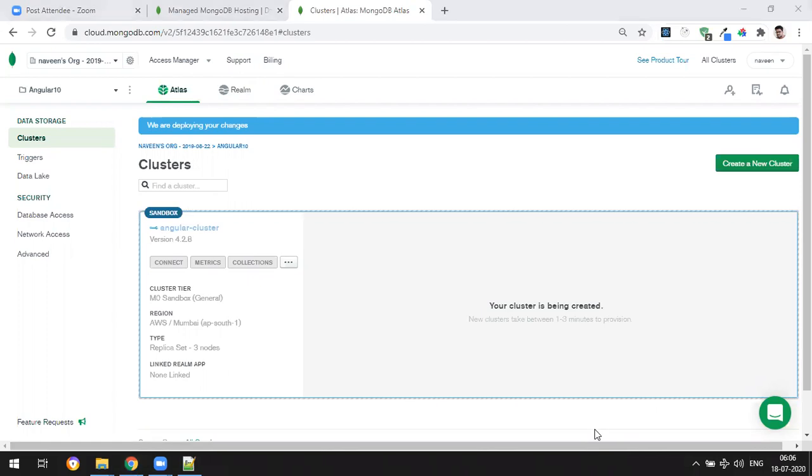We need a MongoDB cluster to store our database, I mean our application data, in the cloud, because in future we're going to deploy our application to Google. That application has to work well even once you deploy to Google. It has to connect to the cloud only, it cannot connect to your local system from the deployed application. So for that it's required.